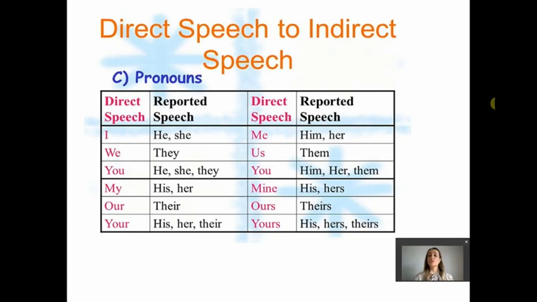And as you can see, here are some pronoun and possessive adjective changes. You can use your mobile phone and take a photo. The best way to see these changes from direct to reported speech is in examples. Let's continue.